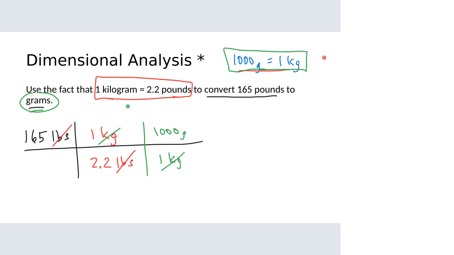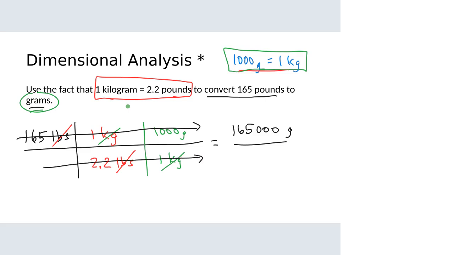Now I'm at the part of the problem where I can multiply 165 times 1 times 1,000, and I get 165,000. And I do have a unit up there. I have those grams. On the bottom, I have 2.2 times 1. Well, that's just 2.2. And all the units have canceled, so there's nothing left. Perfect. That's exactly what I wanted. I wanted to end up with grams, and that's where I am. Last thing I'll need to do then is 165,000 divided by 2.2, and I end up with